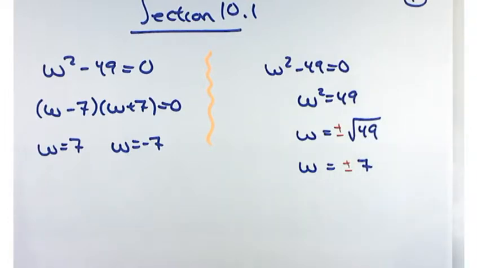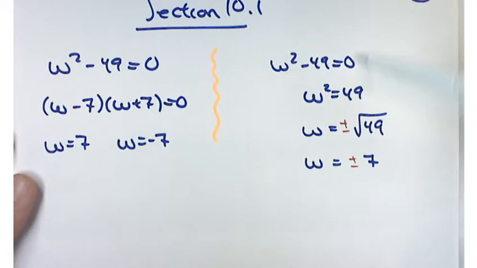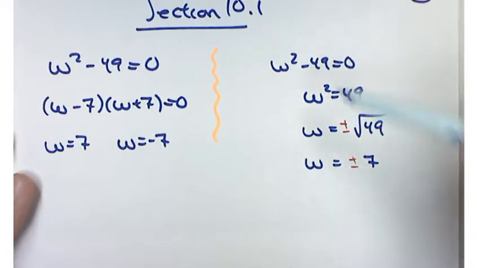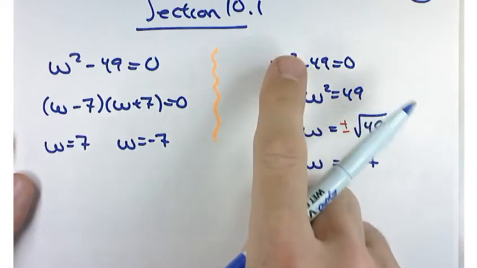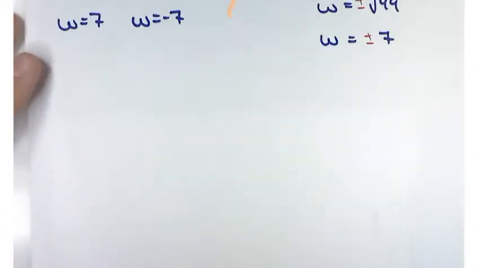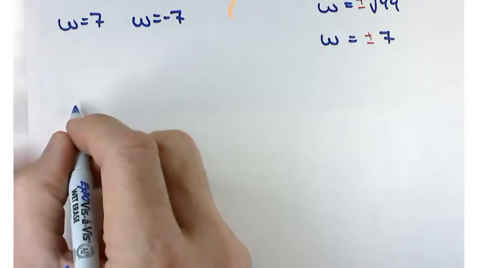Not bad. This actually works in general, that you can take the square root of both sides, and when you're trying to get your solution, make sure you take plus or minus the square root on the right-hand side. So that way you got both solutions. It's a quadratic equation, so it typically has two solutions. Now, this idea of the square root property